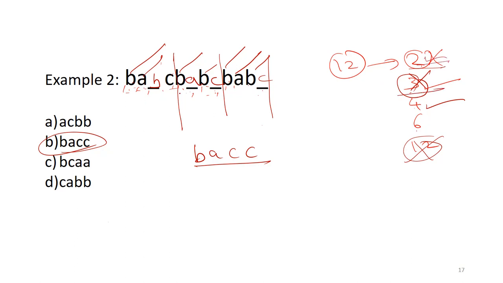Then I tried for 3 each. That means each group having three letters. This didn't give me any particular logic, so I struck it off. Then I went for 4 each. After seeing 4 for each, I was able to compare the similarity. Then I got the answer by filling the blanks as BA, CC as my answer.